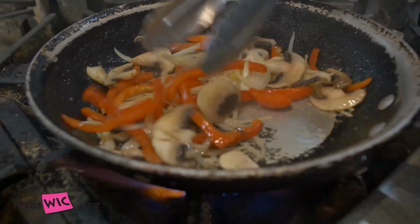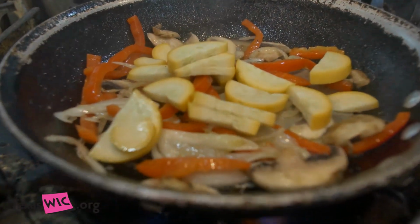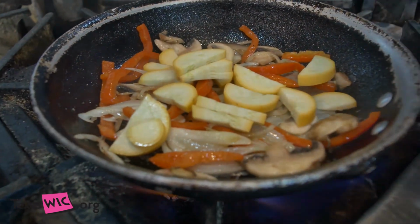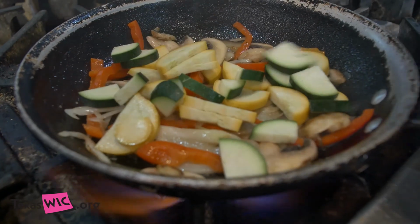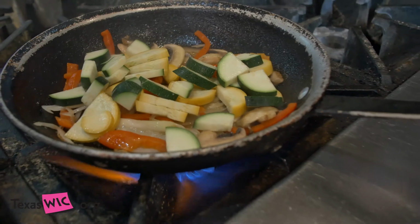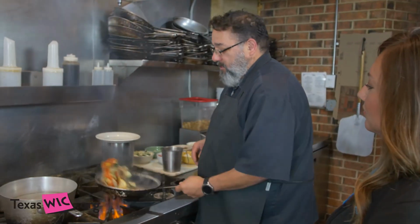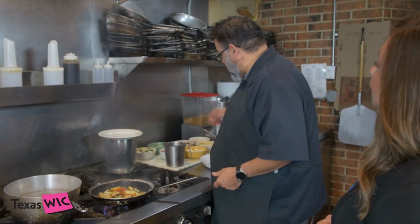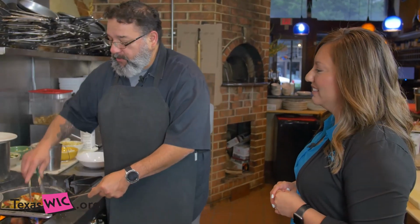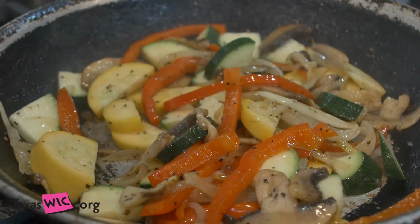At this point, we're going to add a little bit of squash and a little bit of zucchini. I always talk about including the rainbow in your diet, and that's a great example right there. You have green, yellow, red, and white. Especially now, today we're just starting spring. I guess it started yesterday. So these are all the nice spring vegetables that are coming out, and then all of a sudden you're going to get to the summertime, and you're going to have the squashes and all the nice garden